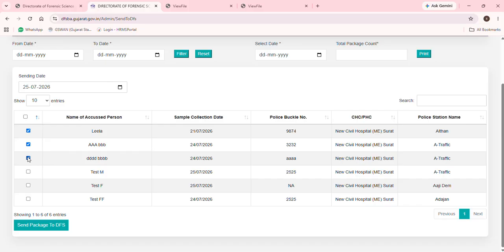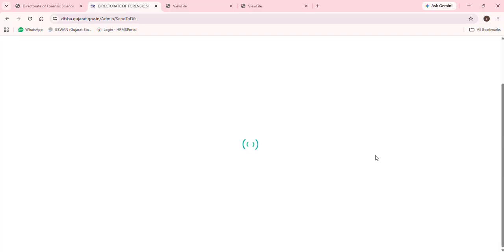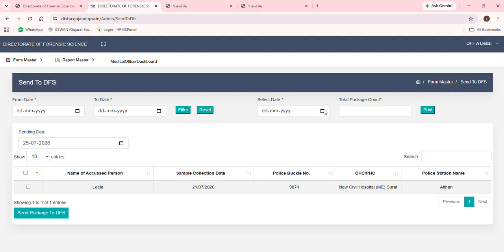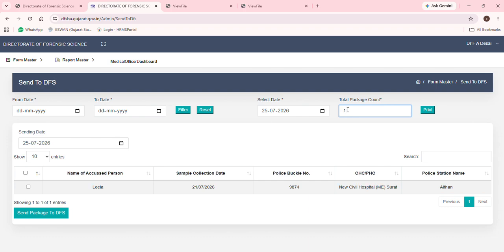After all the samples have been entered and once you are ready to send your package to DFS, only then go to the send to DFS section, and here you can find all the samples you have collected till date which are ready to be sent. If samples are collected from more than one date also, you can select all the samples at once and press the send to DFS button. Once the send to DFS button has been pressed, you can then select the date and